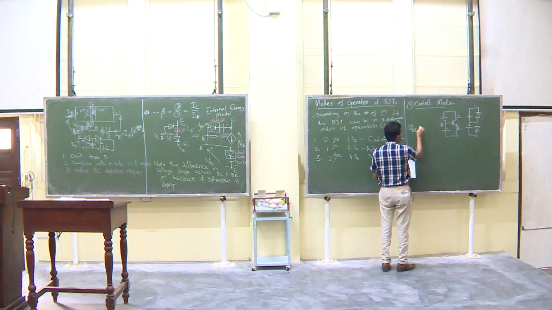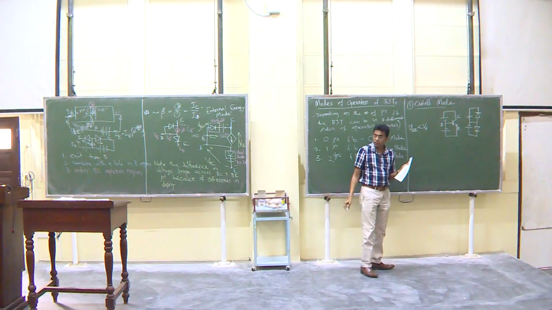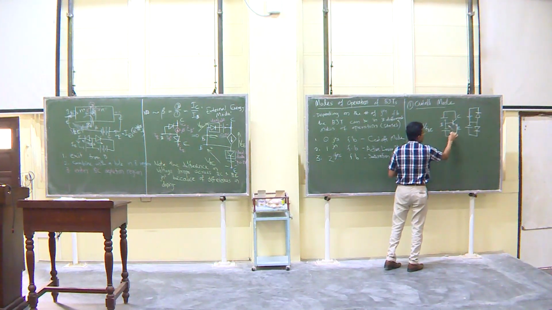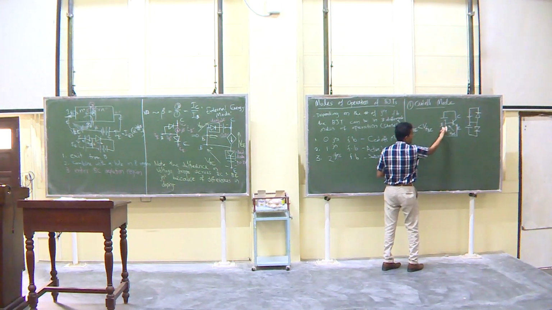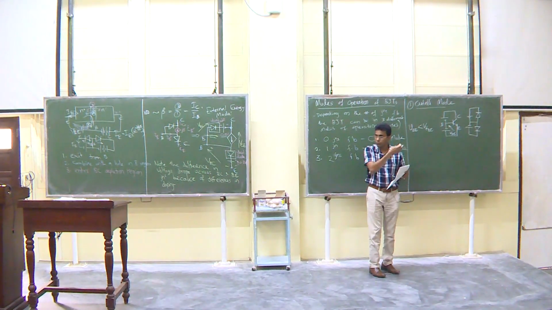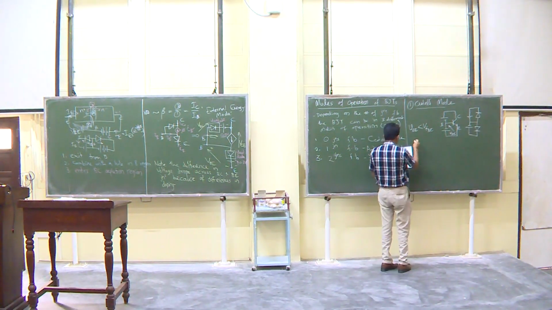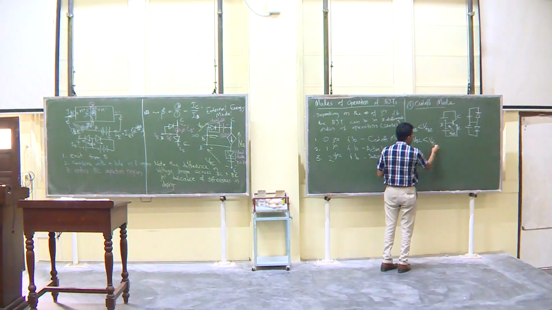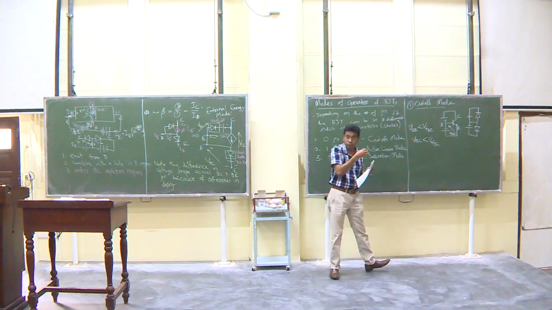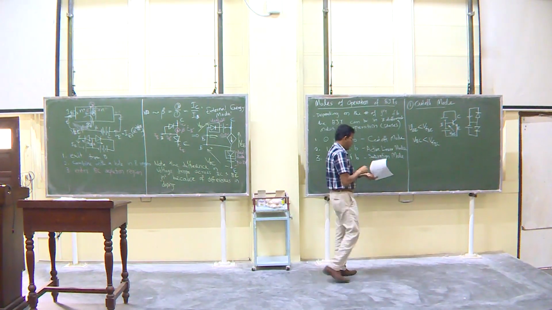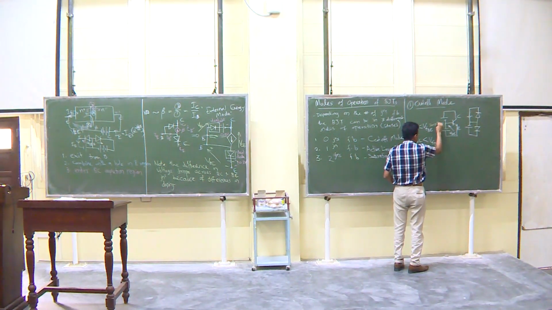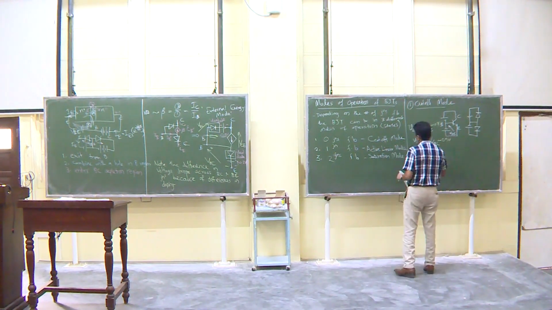So VBE is less than V forward of the base emitter junction. This voltage is less than 0.7 positive, right? So now it's negative. And VBC is also less than V forward of base collector junction. They are different, right? 0.7 and 0.5. Remember, we had different values here. This value is about 0.7 for silicon diodes. This is about 0.5 for